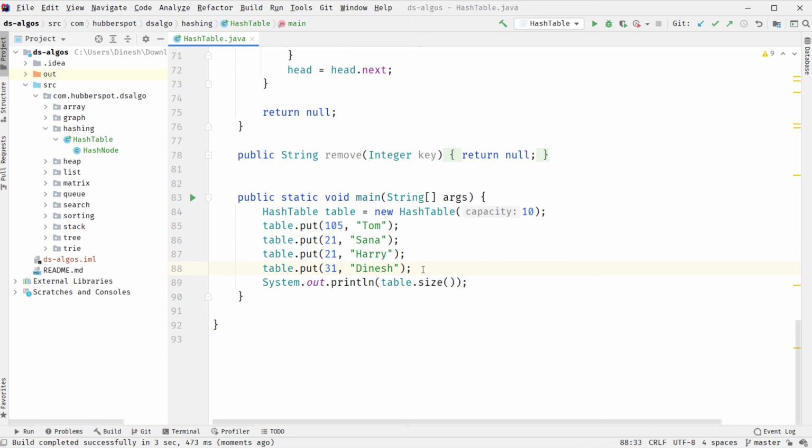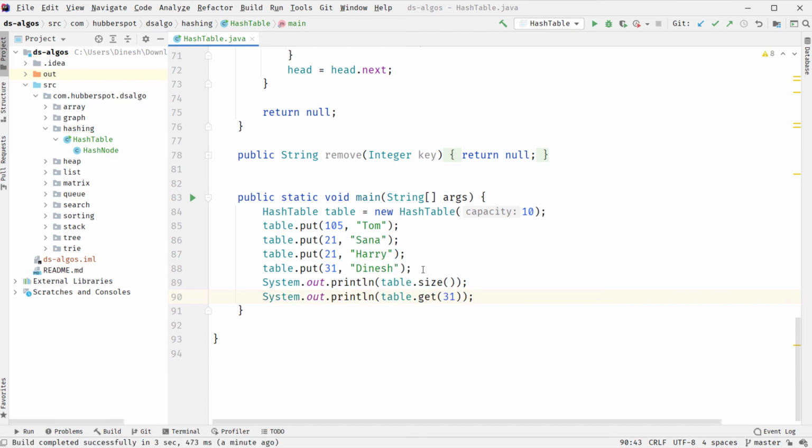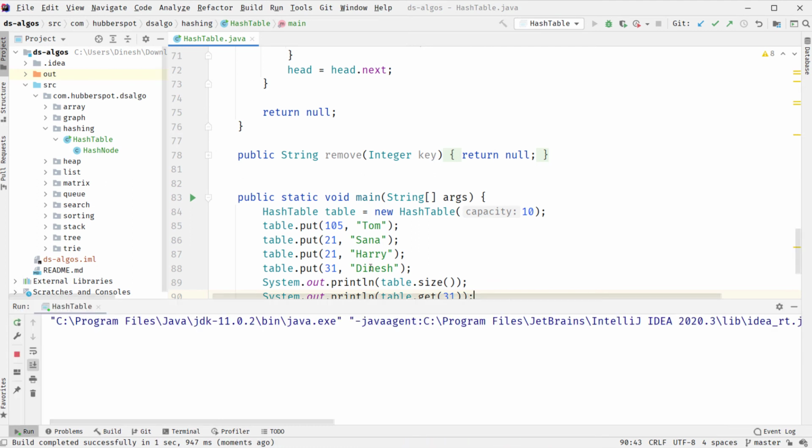Now here what we do is, let's say we do table.get and ask for the value associated with key 31, and we print it. So if I run the code now, it should print Dinesh, which corresponds to key 31.